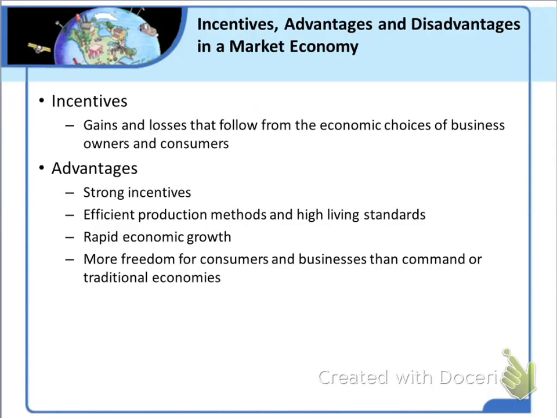Efficient production methods are another reason for high living standards in market economies. In a market economy, business owners have to pay for the inputs they use, so they have an incentive to avoid waste. For example, if a soda company can reduce its electricity costs by conserving energy, the company has a strong incentive to do so. Less money spent on electricity means more money to keep or to invest in the business. In the bigger picture, the soda company's decision to use less electricity frees up more electricity for the production of shoes, jeans, and other goods and services that people want. So when businesses respond to market economy incentives to produce more efficiently, the standard of living goes up.